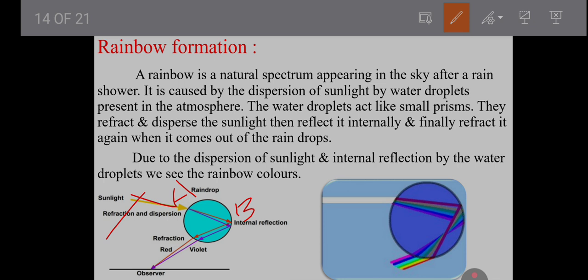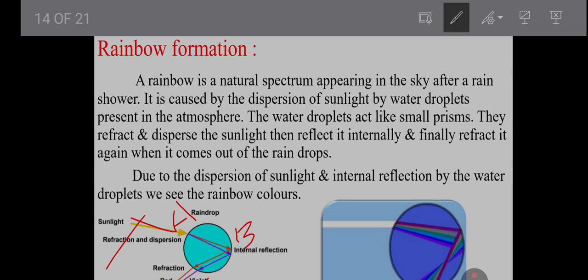They can ask the question like: draw the diagram, and they point A, point B, and they give point C, and at point A, point B and point C, which phenomena take place? Where does the refraction take place, where does the internal reflection take place, and where does the refraction take place again? That way you can remember this one. And next is